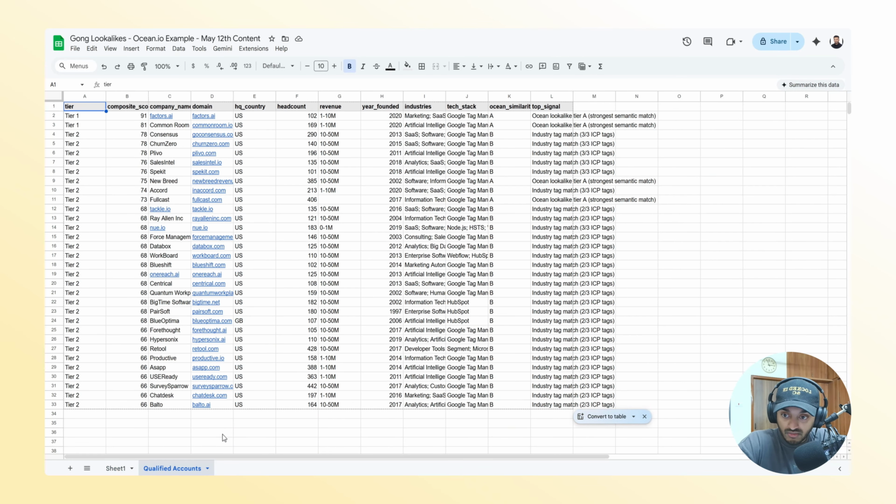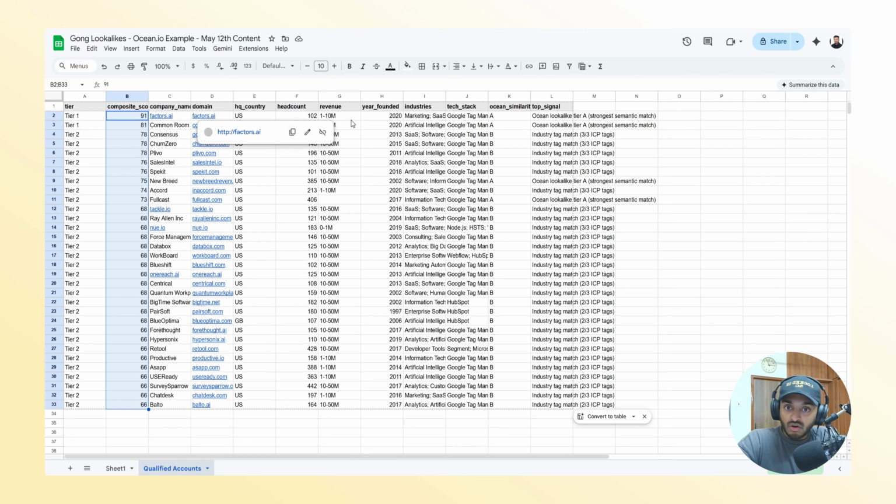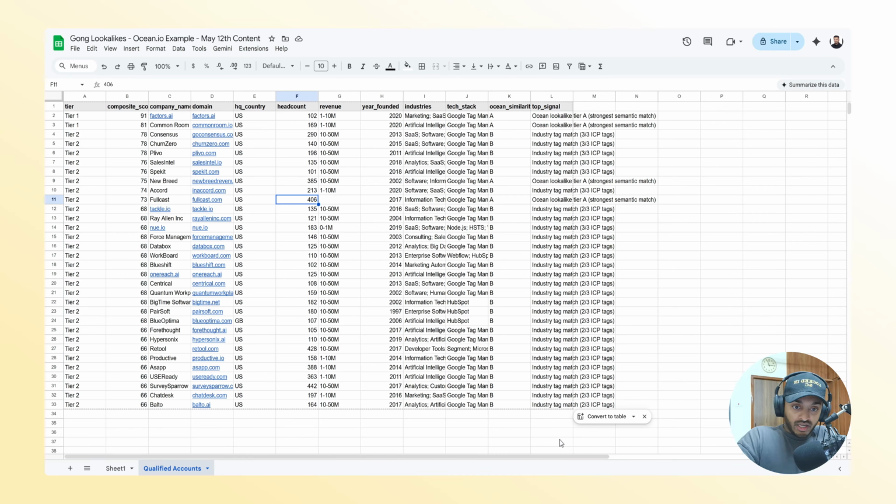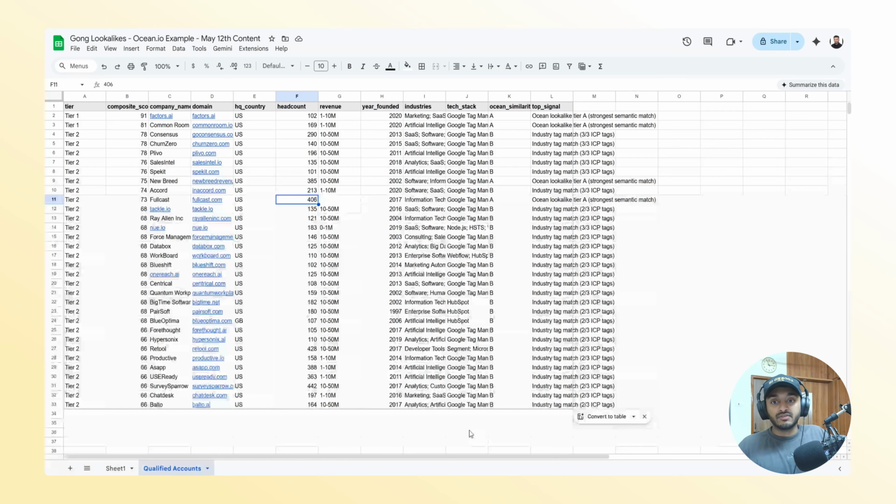So I looked at the qualified accounts over here, and I got the composite score, I got the name, the domain, etc. All of this information for high priority account-based marketing that can be done completely automated as well. So the skill that I created was able to pinpoint the top 30 accounts, like tiers 1 and 2. And it was able to put the information in a Google Sheet ready for me to use, or ready for me to give this to a BDR,